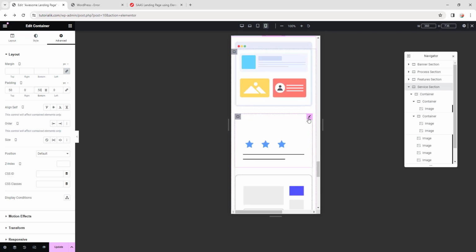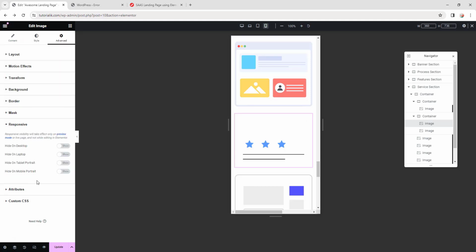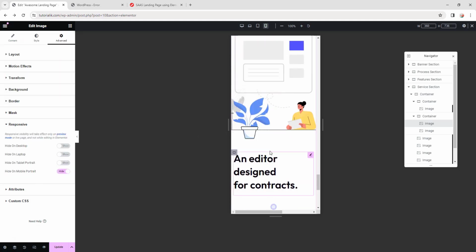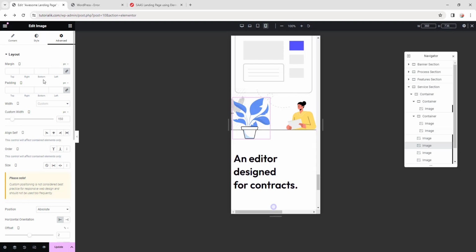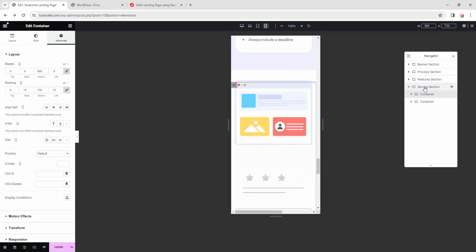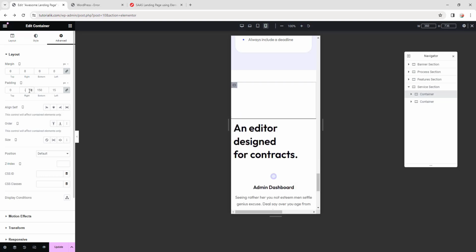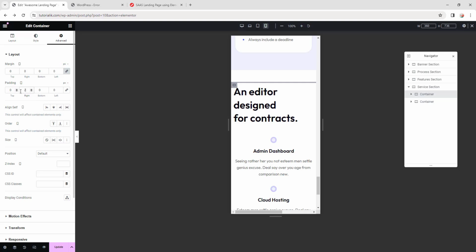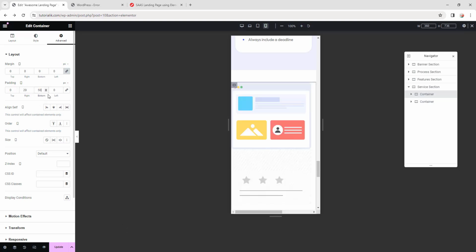Then let's select this image and make it hide on the mobile. Then also this image, this flower top, let's hide on the mobile. And let's select this container, the first one under this service section, and make the margin 0, then padding 0, and then let's make it 20 pixel on the right, 50 pixel on the bottom, and